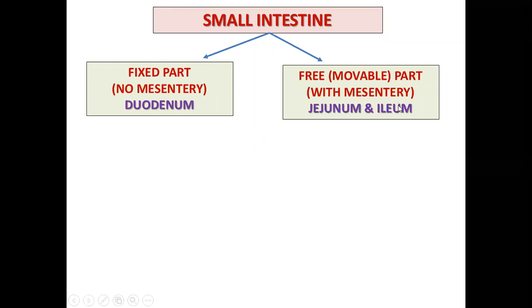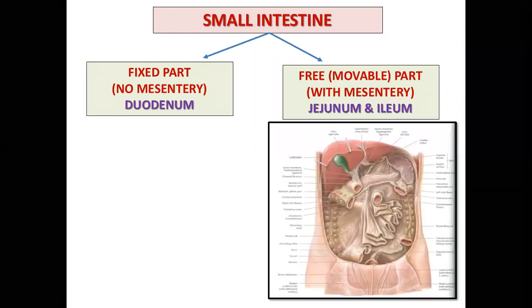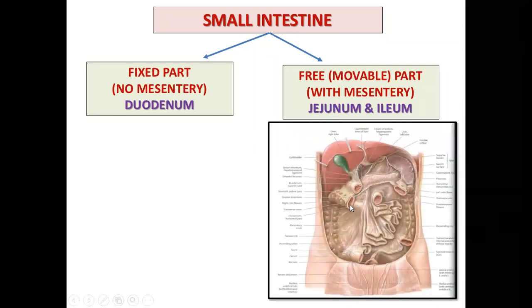Coming to the jejunum and ileum, they have a mesentery, so they are more mobile. They are not behind the peritoneum, but within the peritoneum, so they are freely mobile. Here you can see the long mesentery. This is the peritoneal fold. Actually the jejunum and the ileum have been removed, cut, but you can see the long mesentery so that you can appreciate it. These are two folds of the peritoneum, which hold the small intestine,